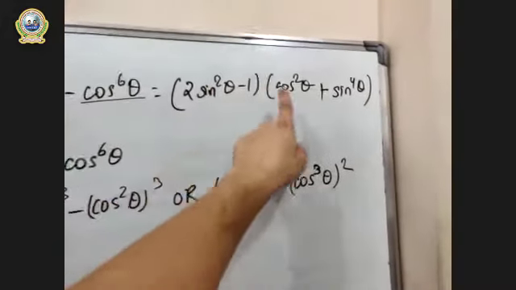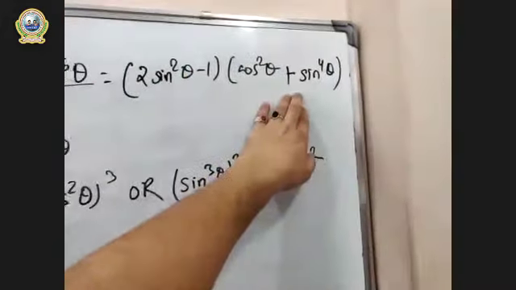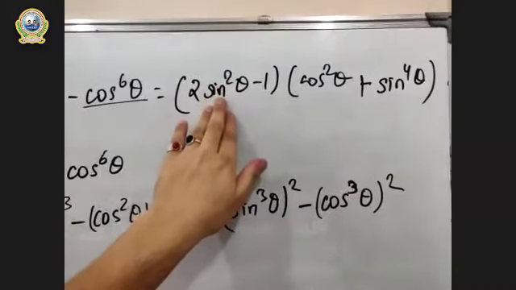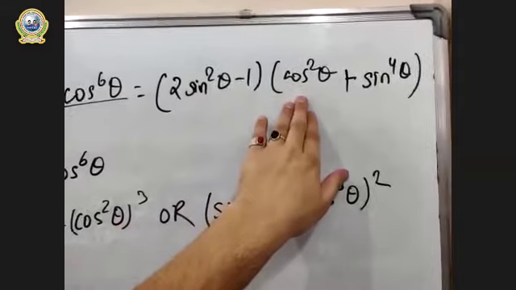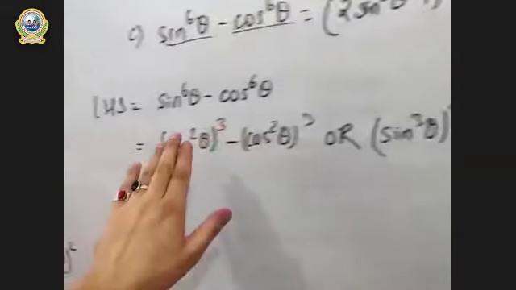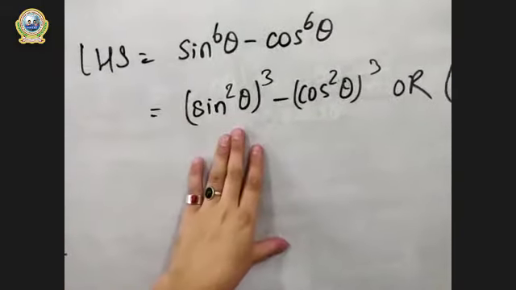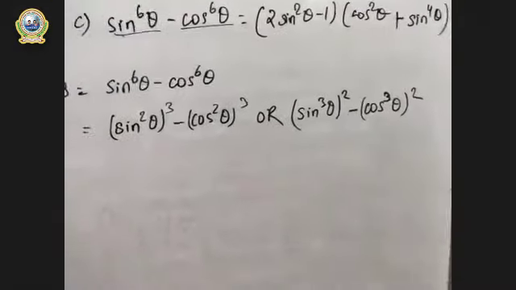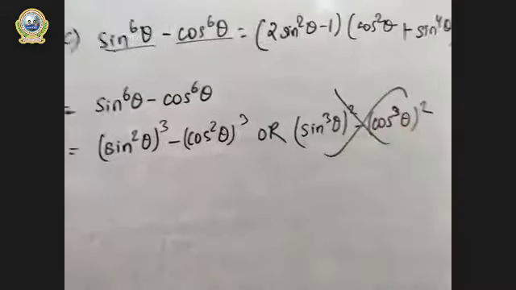It has our right hand side like this. We do have 2 sine square theta. We have square theta, and here also we have square theta. So we need to consider this as the correct path. Though both look like the same process, this one will not lead to our answer.